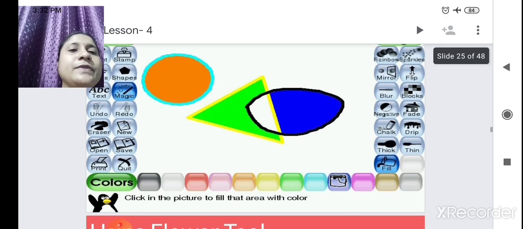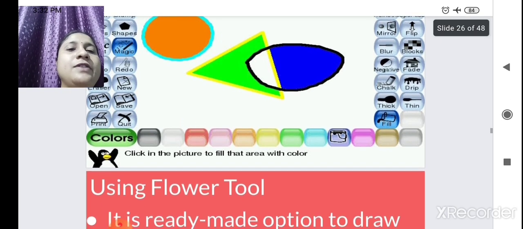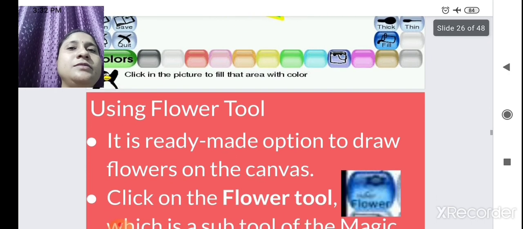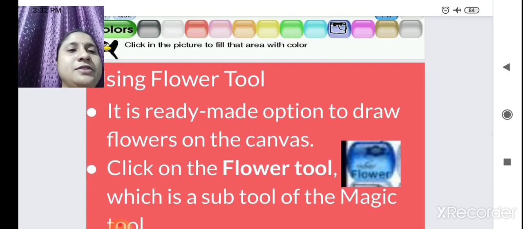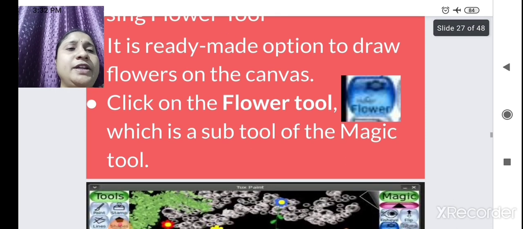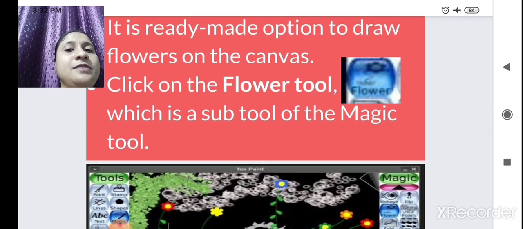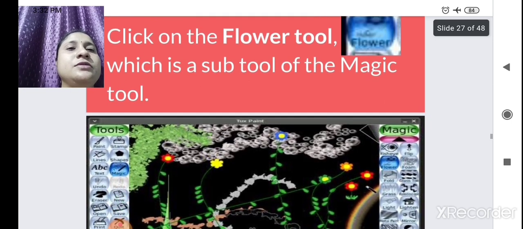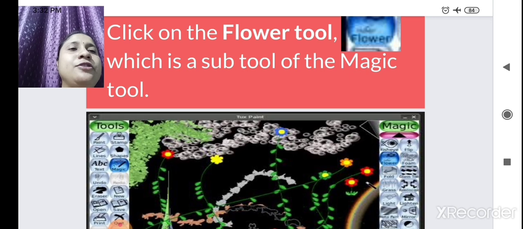Okay, now the next is the flower tool. This flower tool again is in the subtools of the magic tool. We have already seen in the previous slide how to add flowers to your images.